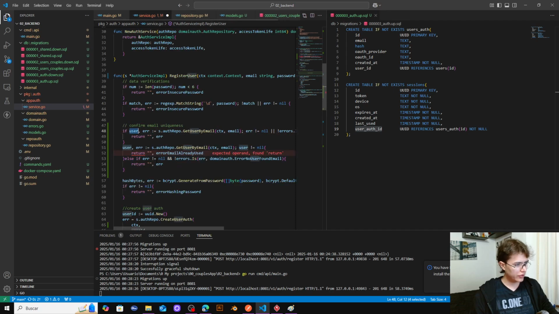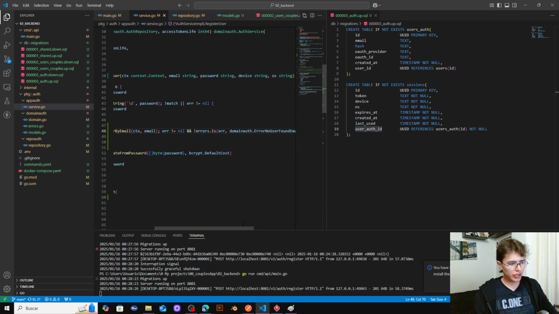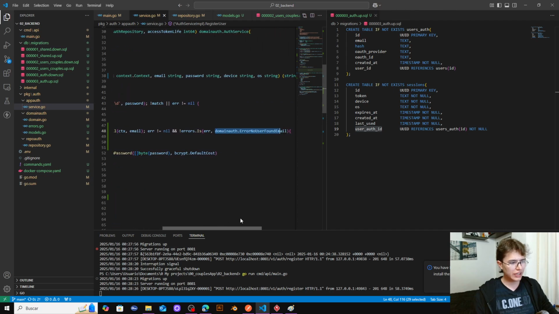I think that I prefer the previous way. Yeah, I get the error. The error is this one. Here I'm only checking for the error if I got this error. However, if I didn't,